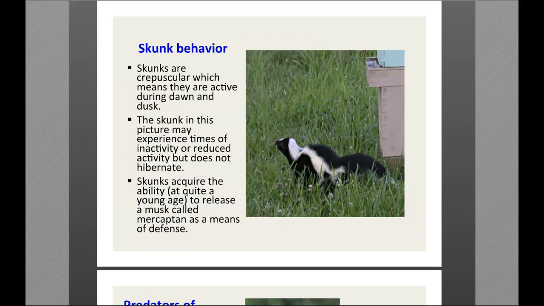And then I wanted to move on talking a bit about skunk behavior. They are what is referred to as crepuscular, which means that they are active during dawn and dusk. Now, quite often you'll see it written that skunks are nocturnal, which is not quite precisely correct because it's not in the middle of the night when they're doing their work. It's in the dusk or dawn periods of the day. And in fact, my experience was seeing the skunks in the dusk towards evening.